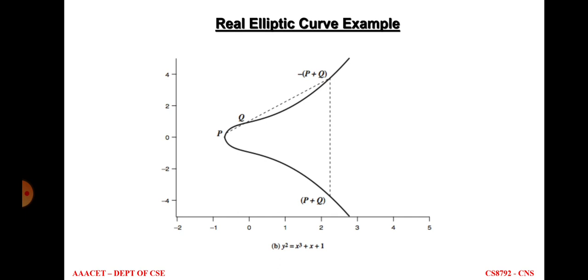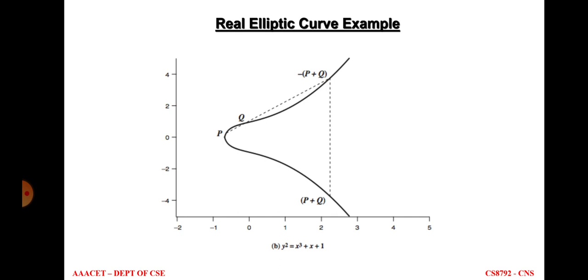So P plus Q, in the sense 1 plus 1, the above value is minus 2. So in the graph, we have to point minus 2, and P plus Q means 1 plus 1, 2. The above one is minus 2 and the below value is plus 2. So from point P, which is nothing but 0 value, we have to draw the curve for minus 2 in the above, and for plus 2, the curve in the below part.